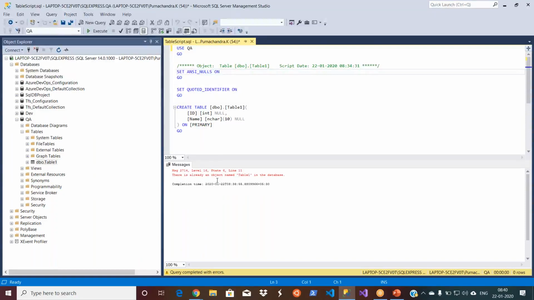You don't even need to generate the scripts like this, you don't need handshakes between the different teams, and you don't even need to verify whether a table, or any object like a procedure, already exists in the target database. Our target can be QA or UAT or anything, right? All those things will be done by the tool for you. You just need to configure it. Okay, so let's go ahead and do that activity.